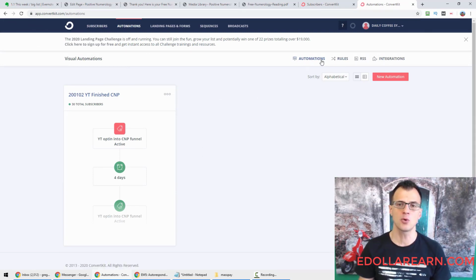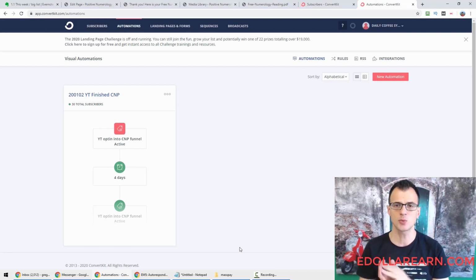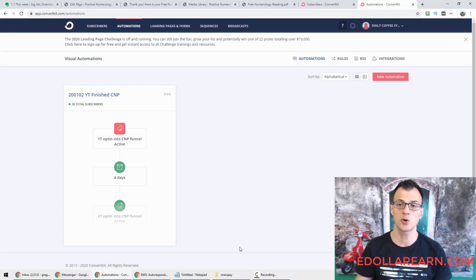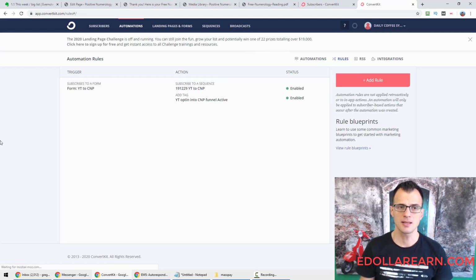You can either create an automation or a rule. A rule is basically like a simple automation, and an automation is a more advanced one. They mostly do the same things, but rules tend to be: if this happens, then straight away do this. Whereas with automations, you can build quite complicated workflows with delays and sending people through quite complicated funnels. So for now, all we want to do is create a rule, and under that rule,